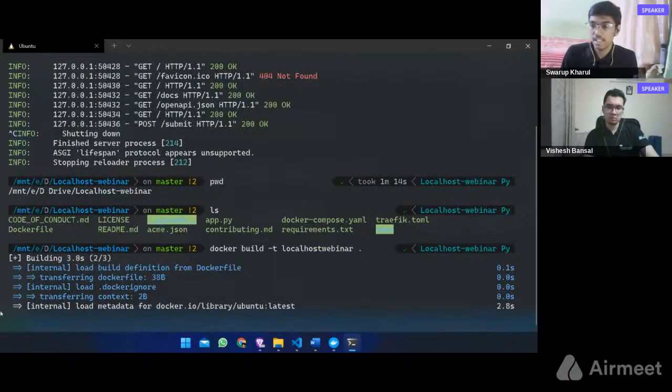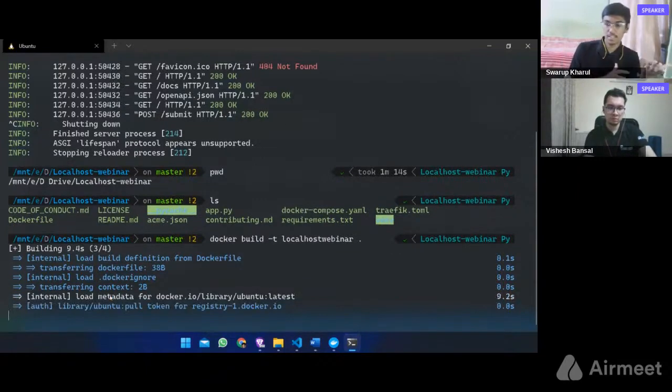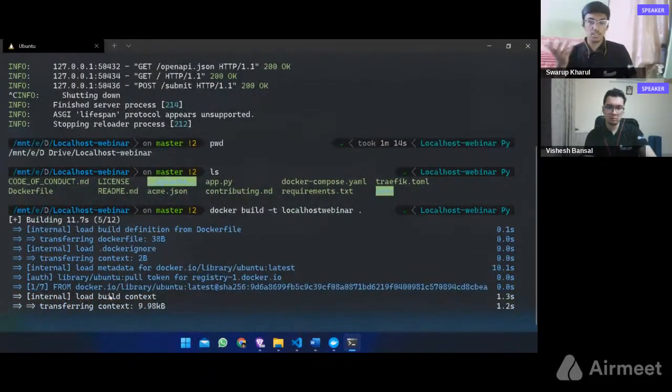Now it is building the image. So what we have done up till now is we have tested our application locally. Then we tested it using the documentation. We tested get request, post request, and then we are trying to build an image for Docker.